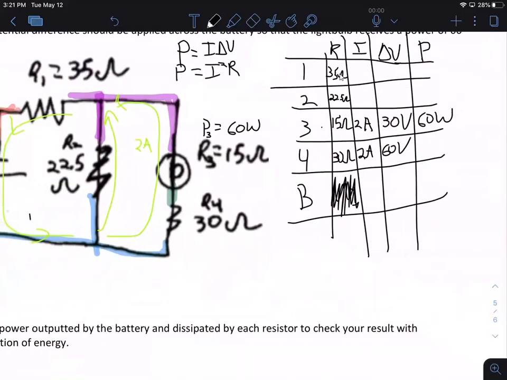All right, so this one's changing it by 30. This one's changing it by 60. So purple to blue is a change of 90, right? 30 and then 60. So this is 90, which means this is 90 because this is in parallel with these two together. 90, 90. So I can say the delta V over resistor 2,